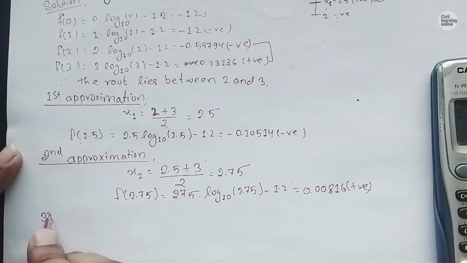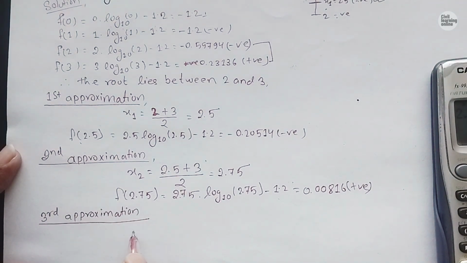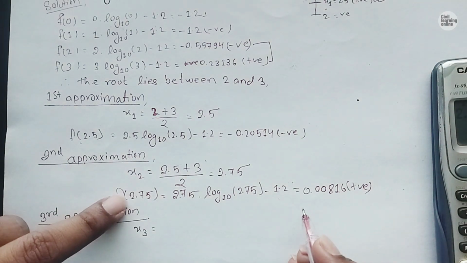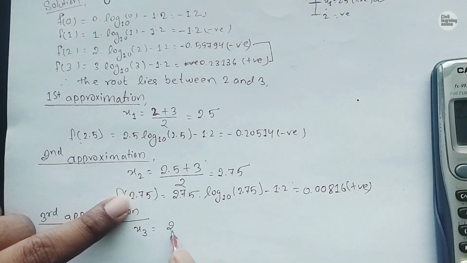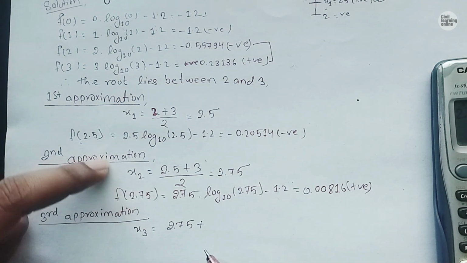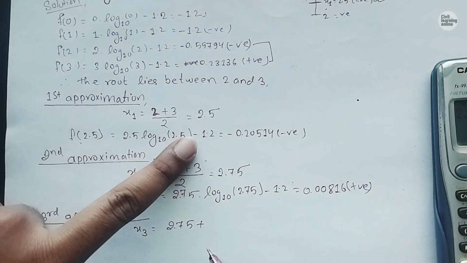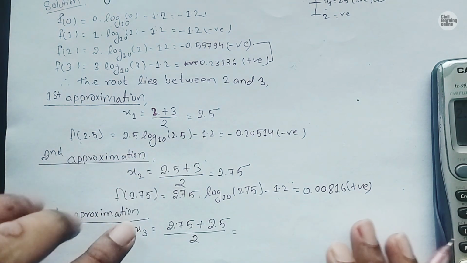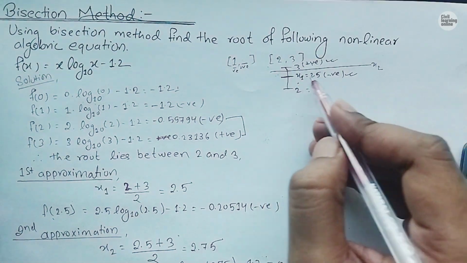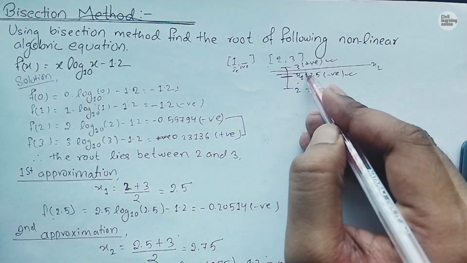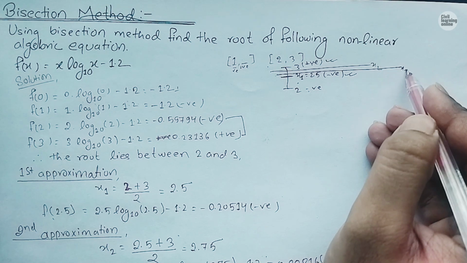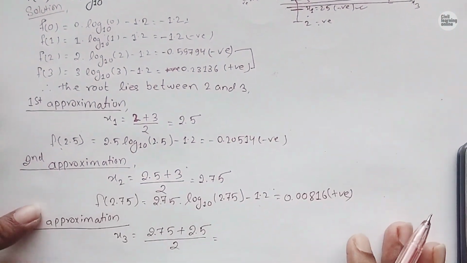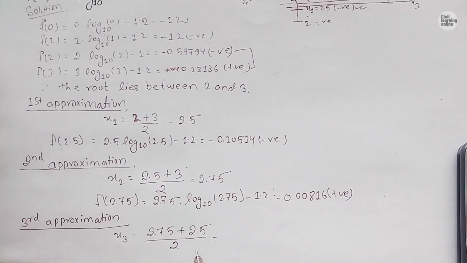So our third approximation will be x3 equals to, we have got 2.75 as positive, so 2.75, and looking backward at f of 2.5 we got negative, so 2.5, divided by 2. It shows that this time our root is lying between 2.5 and 2.75, which is our x3. Now on solving this, we will get the value of x3 as